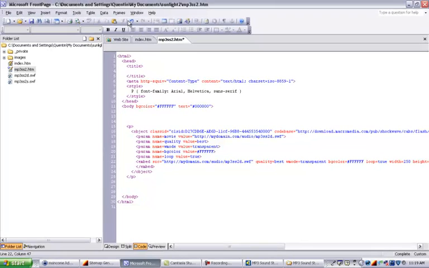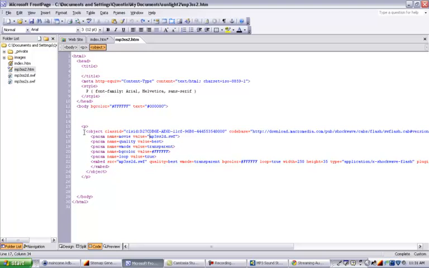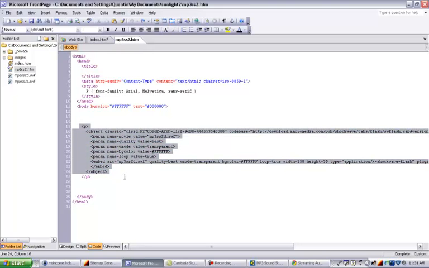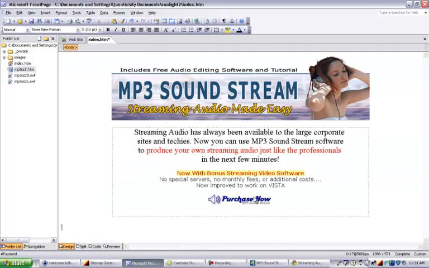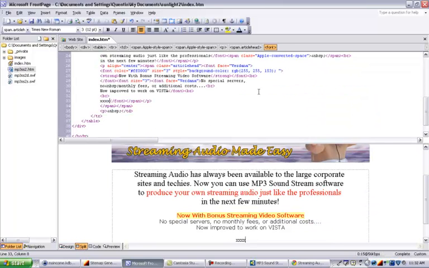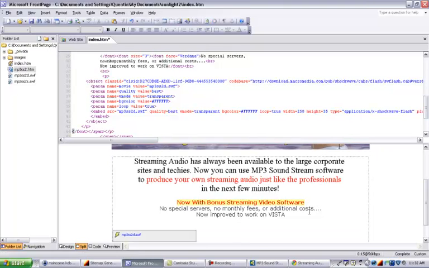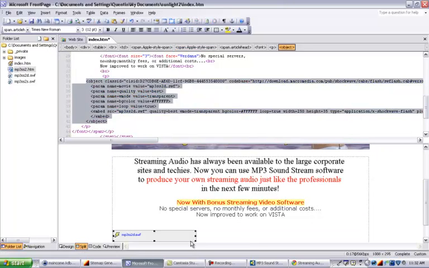So I'll just get rid of that. So here I've just made a very simple web page, and all we have to do is open up this HTML file, copy this code. You can use the P tags if you want. Just go Control-C, and then what we're going to do is just get rid of that, and I like to put in some X's because it lets me see in the code where I want to actually put my audio. And here are those X's here, so we just go Control-V, which is paste,